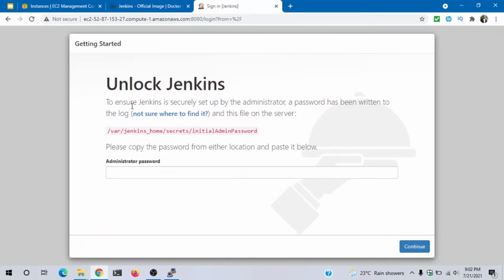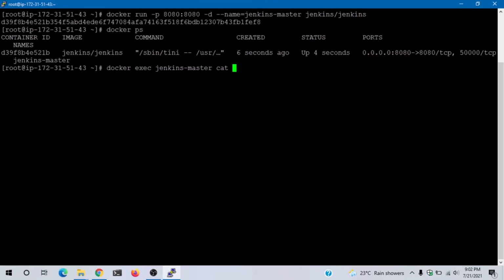This is my container name, and I want to execute the cat command on this file, right? With this command, Docker will execute on jenkins-master, the container, and execute this cat command.